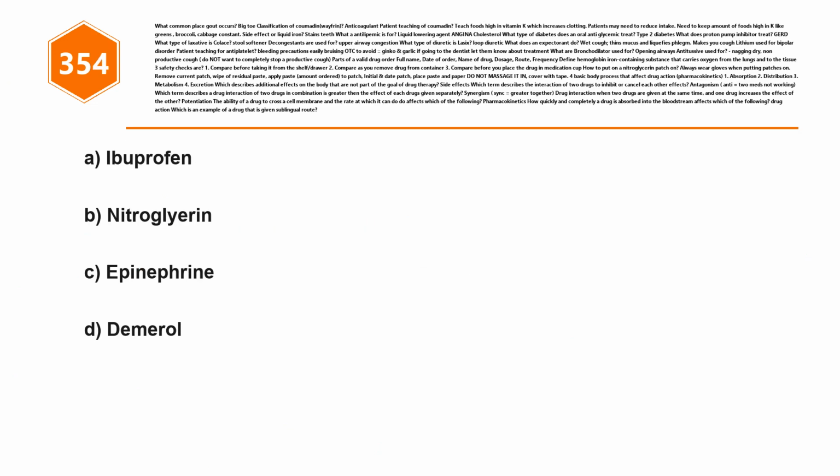Question 354. Where does gout commonly occur? Big toe. Classification of Coumadin, warfarin: anticoagulant. Patient teaching of Coumadin: teach that foods high in vitamin K increase clotting. Patients may need to reduce intake. Need to keep the amount of foods high in K, like greens, broccoli, cabbage, constant. Side effect of liquid iron: